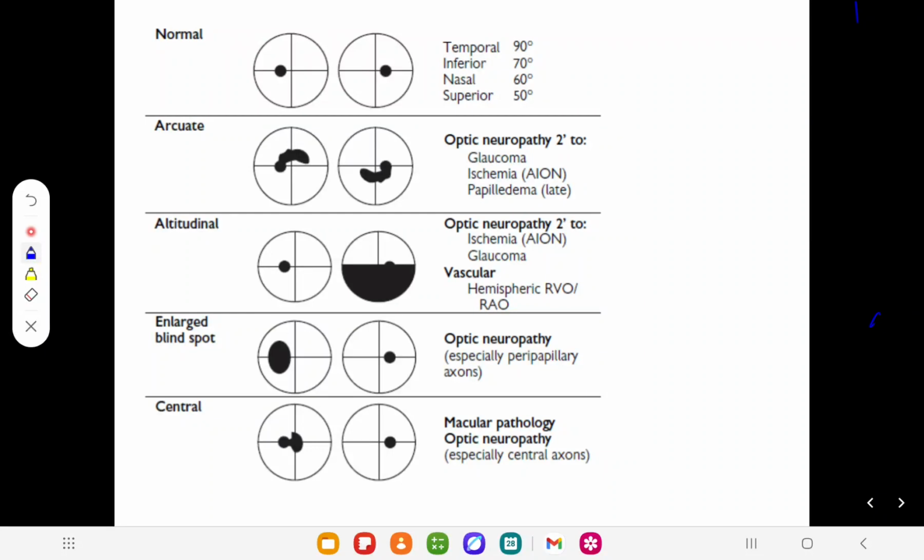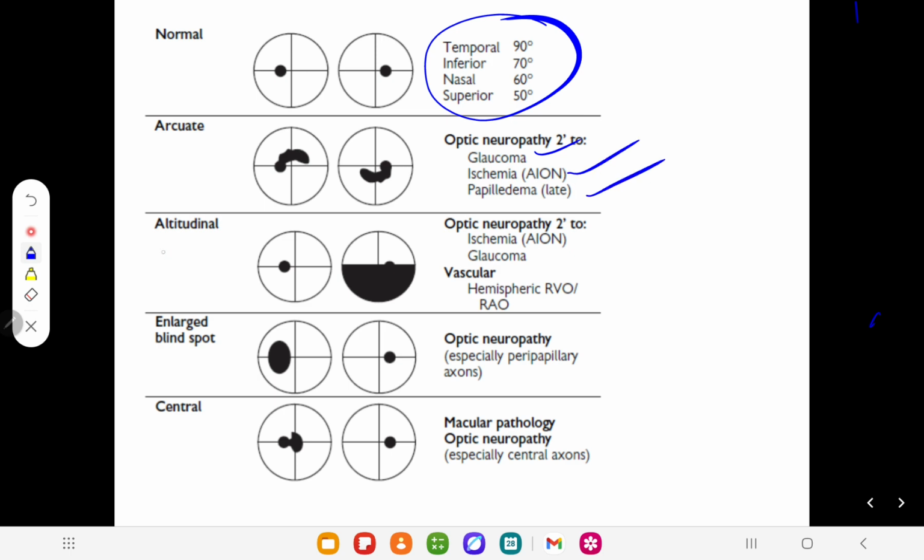In this case, I'm going to discuss visual field defects other than glaucoma. There are a few; I'm just going to use 3 or 4 slides, just simple. Okay, let me explain. This is the normal parameters. Arcuate defect you can see in glaucoma, or you can see in ischemic conditions like AION, or in papilledema in case